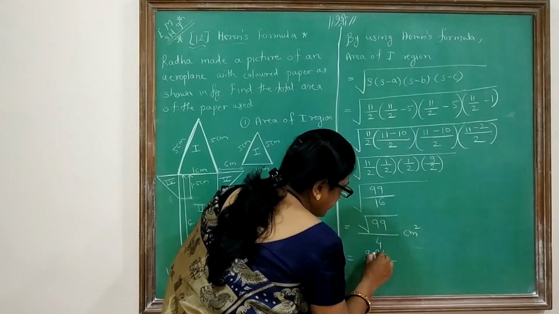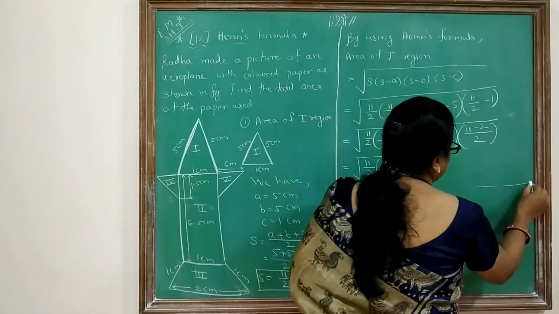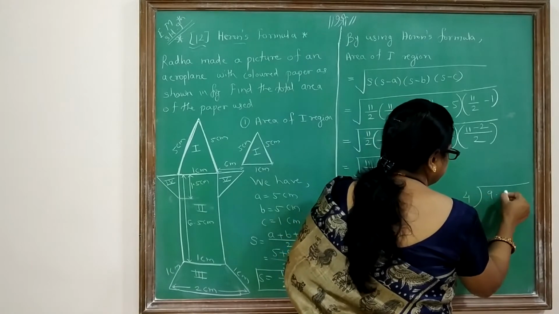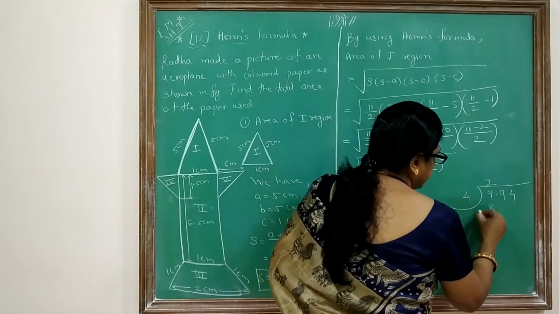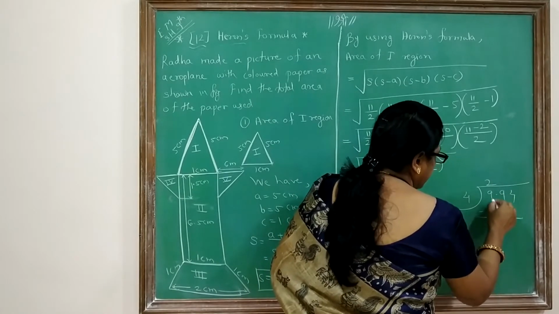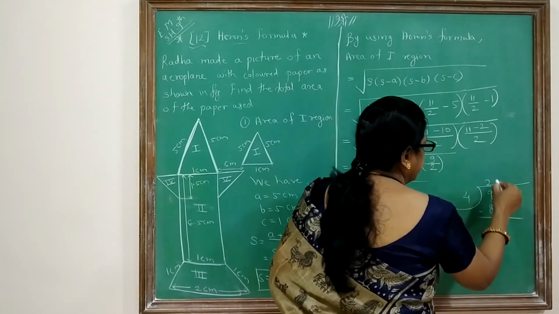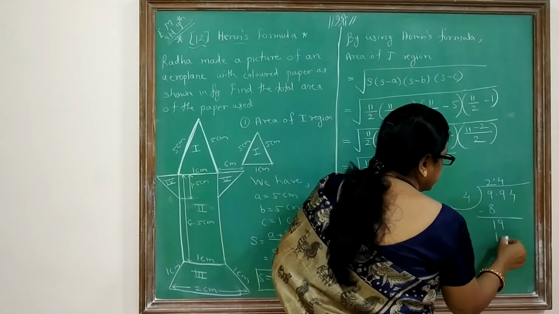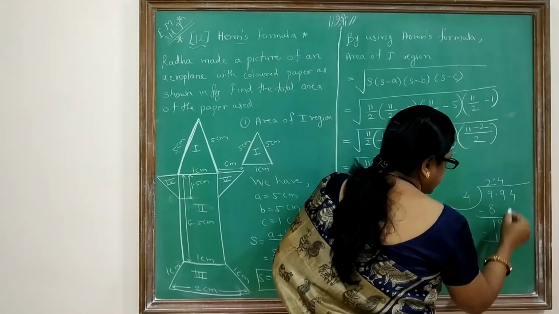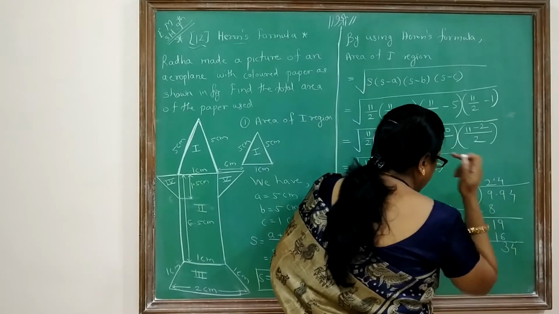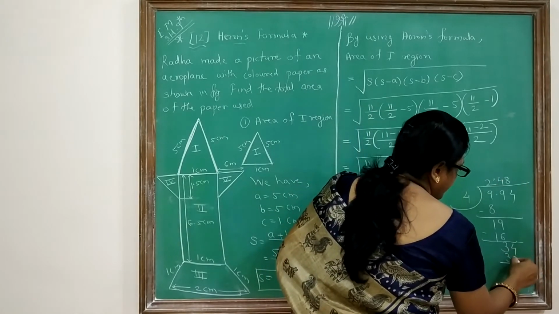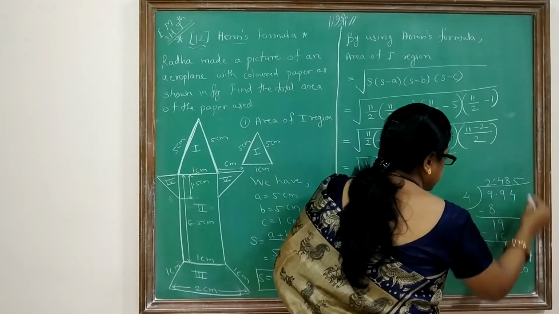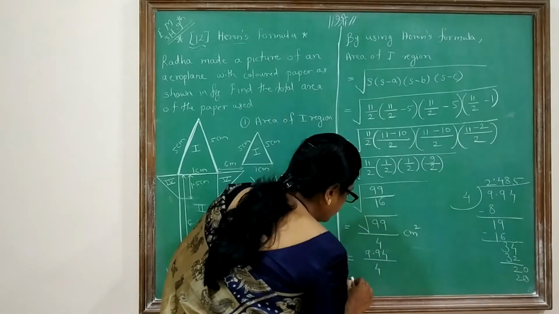9.94 divided by 4, then divide. Here 4 2s are 8, then 9 minus 8 is 1. Then take down 9, 4 4s are 16, then here 3, here 4, then 4 8s are 32, then 4 minus 2 is 2, then 0, 4 5s are 20, means your answer is